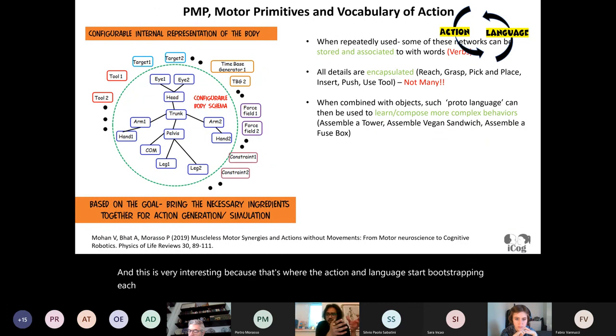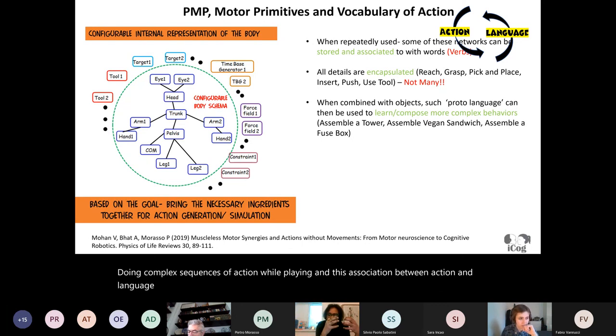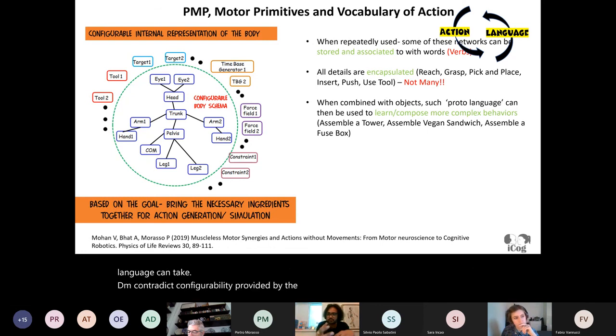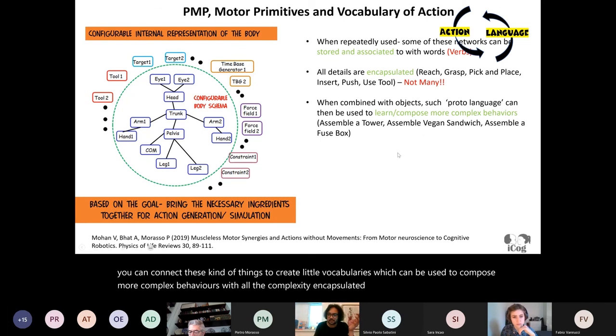If you look at children, when they learn to speak, that's also the time they are doing complex sequences of action while playing. And this association between action and language can take the configurability provided by the PMP framework to a different level, where you can connect these things to create little vocabularies which can be used to compose more complex behaviors with all the complexity encapsulated inside, like assemble a tower or make a vegan sandwich, assemble a fuse